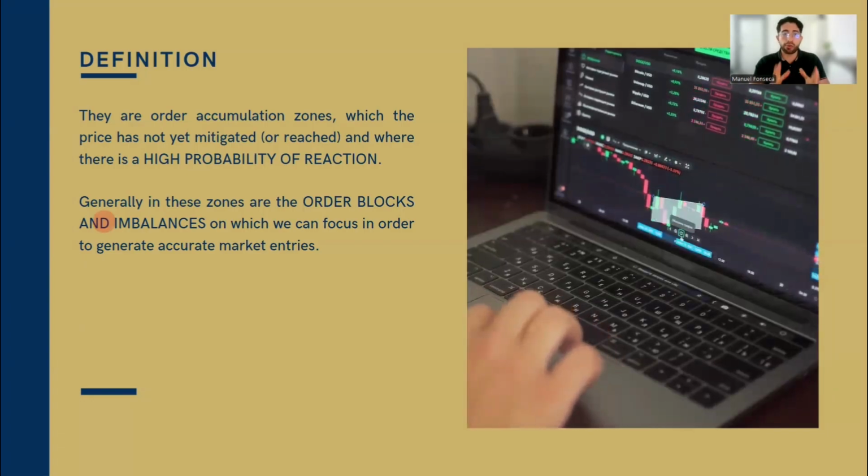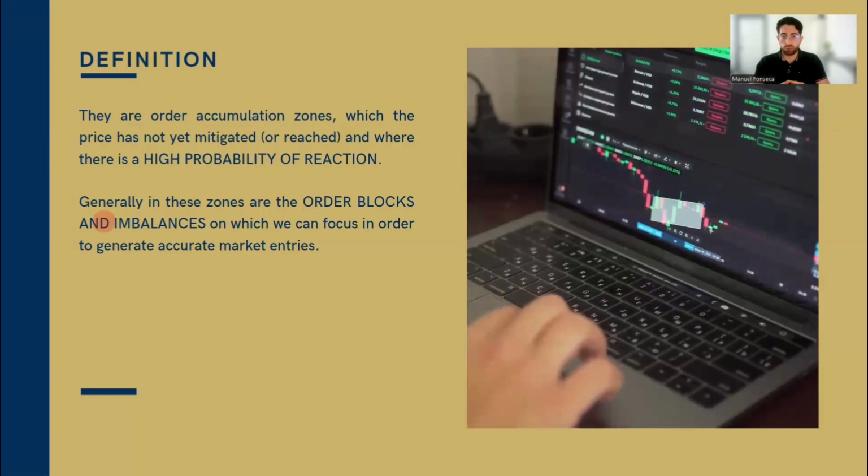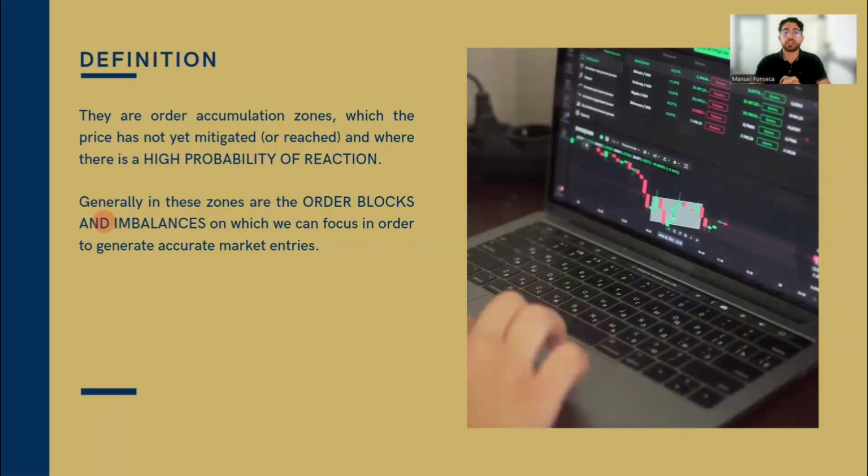So they are order accumulation zones which the price has not yet mitigated or reached, and where there is a high probability of reaction. Okay, when I say mitigated, it means price hasn't reached that point again. And it means it doesn't make it efficient, in other words. Now generally these zones, order blocks and imbalances, are zones on which we can focus orders to generate accurate market